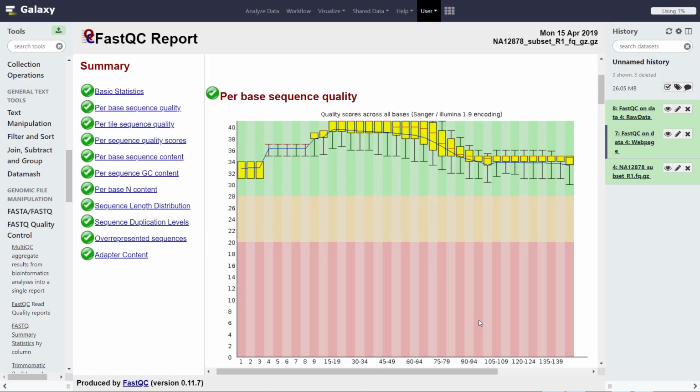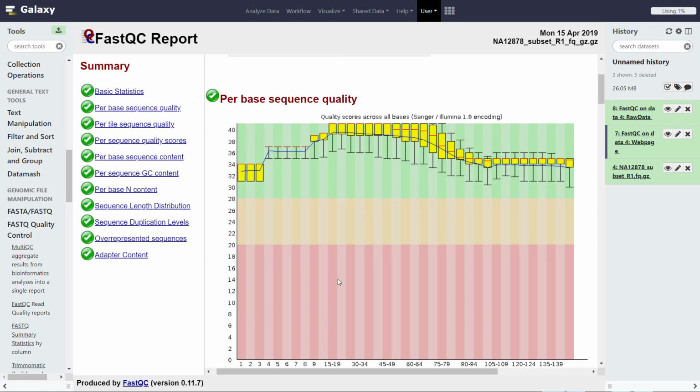Now, just so you know, in almost all sequencing technologies, the chemistry degrades with increasing read length. Thus, it is quite often that we see the quality of the reads degrade as the run progresses. So we may see base calls falling into the orange or red area toward the end of the read. And you can trim off that part if the quality does degrade below a reasonable level. Generally, the acceptable rule of thumb is that if the read quality is above 20, then that is considered acceptable quality for the read.